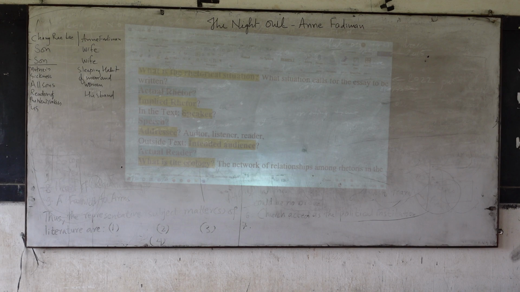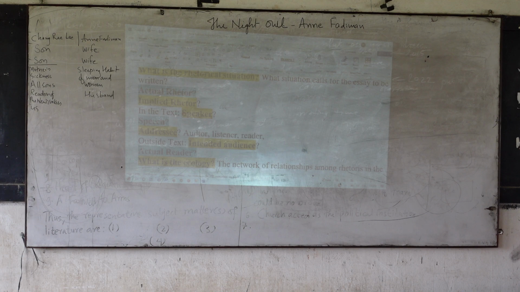The rhetor, let's not say Anne Fadiman, the rhetor is talking about her sleeping habit. And she talks a lot about her habit that she goes to bed around 9. No. Yes, 9 in the morning. She says good night at 9 in the morning or at 3 in the morning. And she sleeps till 4 p.m. She wakes up at 4 p.m. and starts her work. And she goes on working throughout the night.